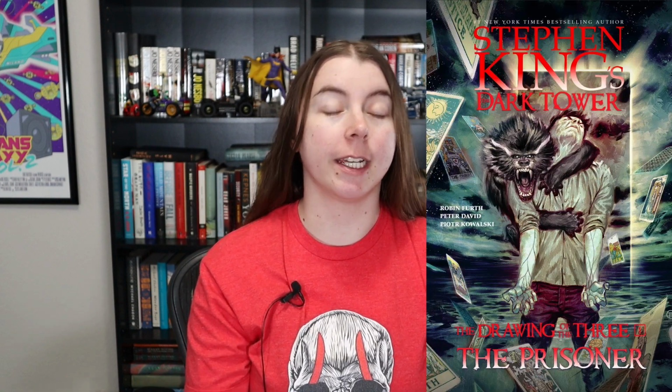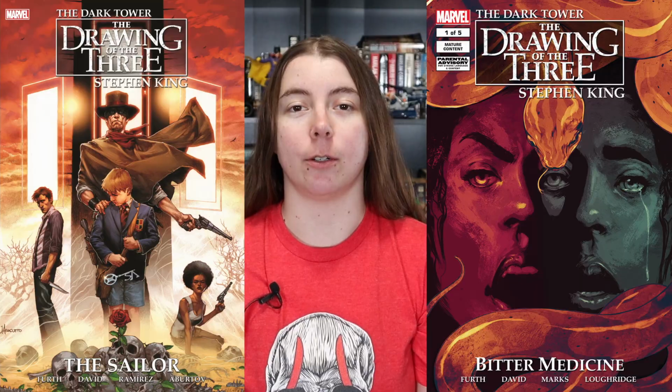Last but not least, we have The Drawing of the Three storyline, which kicks off with The Prisoner. Then we have House of Cards, which I imagine is not like the Netflix show at all, and Lady of Shadows. This story arc closes out with Bitter Medicine and The Sailor, which is where these Dark Tower comics come to an end. Like I said, I haven't read all the way through them, but this is the reading order